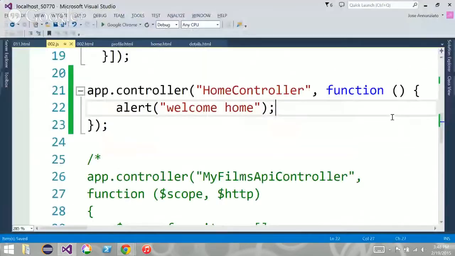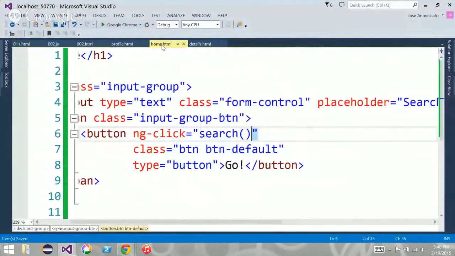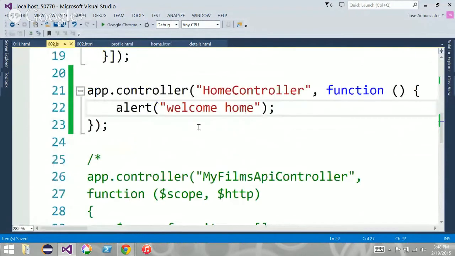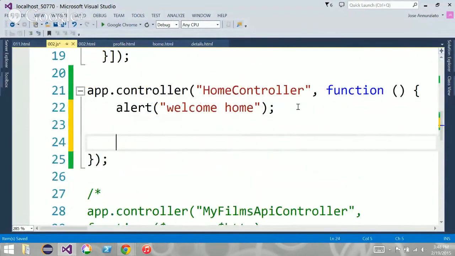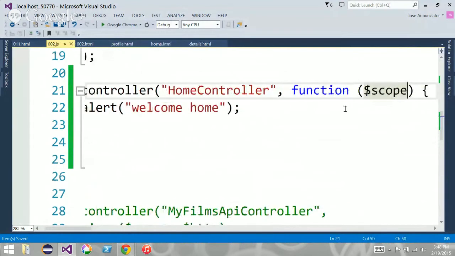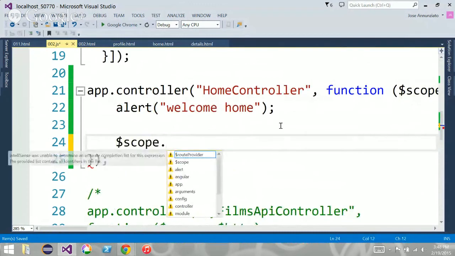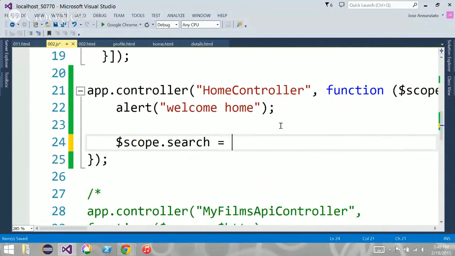All right. And what I want to do is that in my home page, where's home? Home, here. I have this search event handler, which I want to listen to, right? When I click on it, I need to notify my controller. Where's my controller? It's here, right? My controller, I want to notify it. I want to say, need my scope. Remember what scope was, right? Scope is what ties the controller with the UI, right? Scope dot the name of the function,